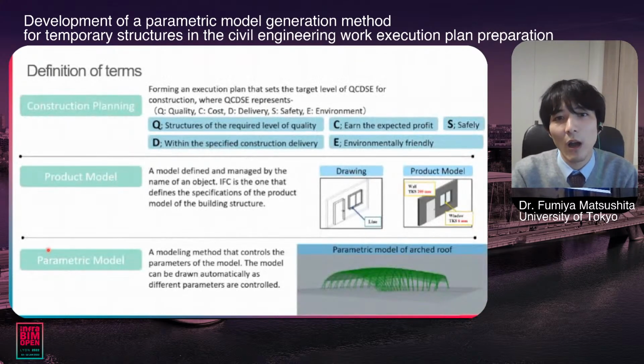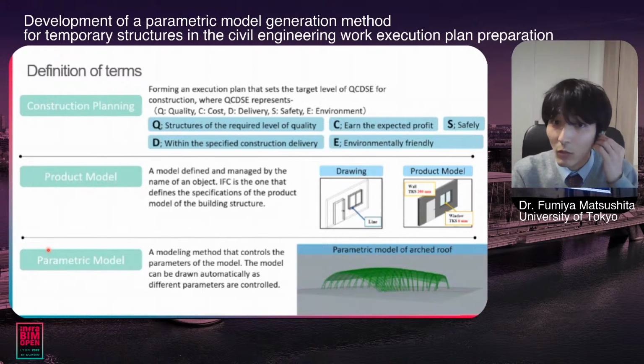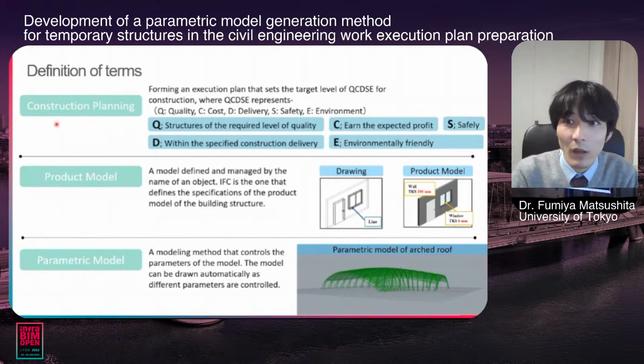First of all, I will explain the three words which are used in my presentation: construction planning, product model and parametric model, shown here as a term definition. Construction planning is our execution plan for construction project objects. And one of the reasons for construction planning is for setting the target level of QCDSA, which means cost, safety, delivery,